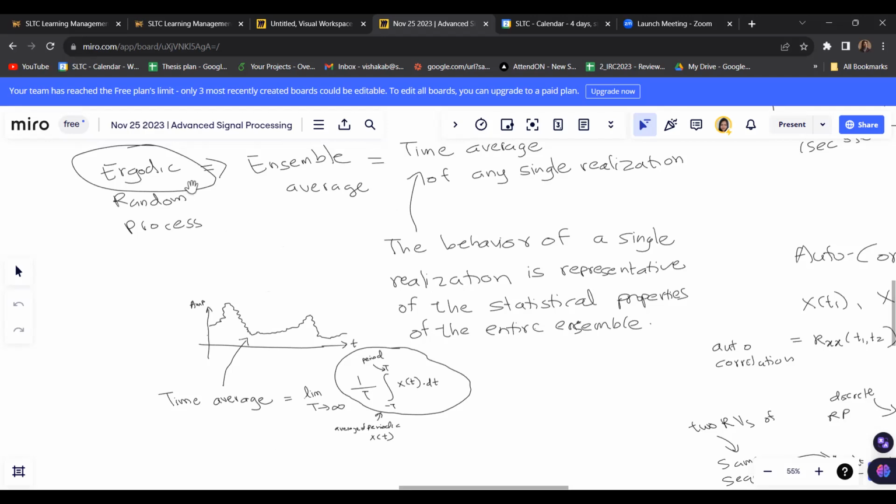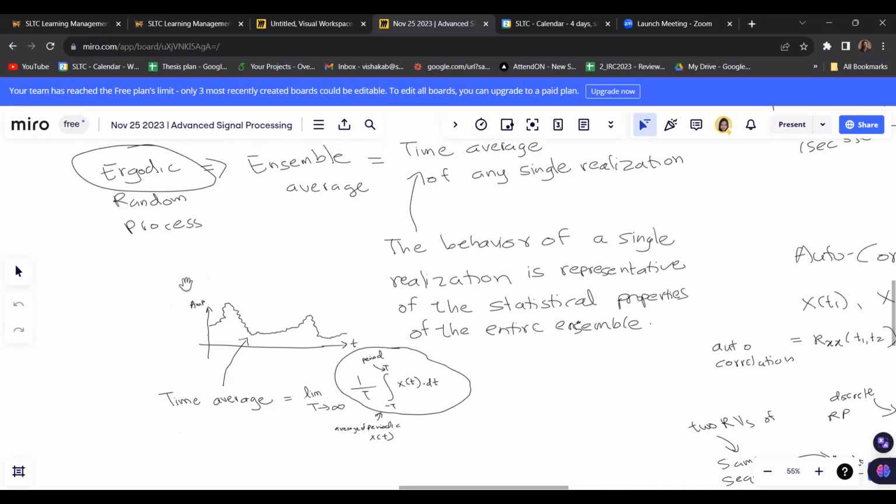So the importance of this ergodic random process is that we can analyze a certain random process just by looking at the time realization only, right? Just by looking at this time realization, we can predict the behavior of the total ensemble of all the realizations of the process, right? So by only trying to study one realization, we can predict the behavior of the total